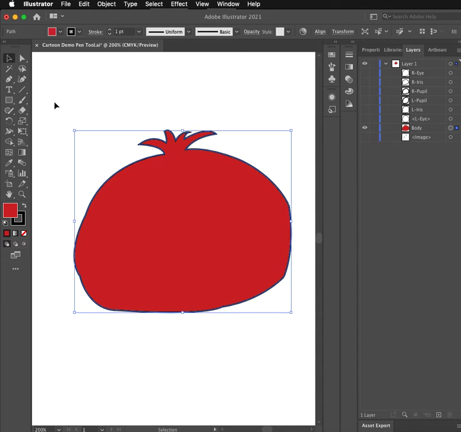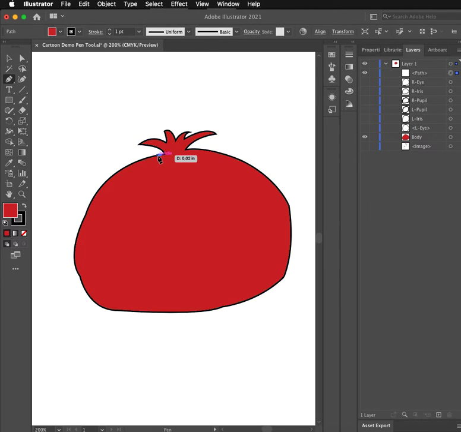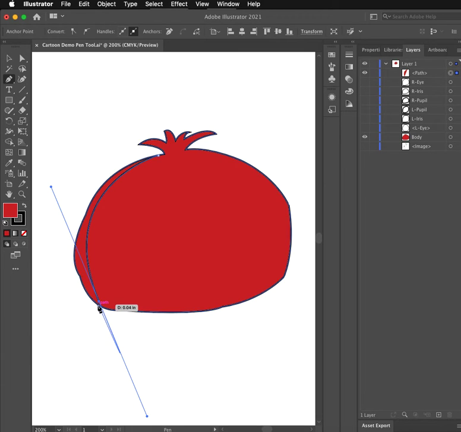So I'm going to actually deselect that, and I'm going to go to the pen tool. It's going to create a new layer for me, and I'm going to select here. Oops, go back. I'm going to select here and come down here. I'm going to click, hold, and drag. That's where my shadow is going to be. And I'm going to go back to the anchor point, reset it, go here, and then I'm going to do the same thing. I'm going to come back to this anchor point up here, and I'm going to click and